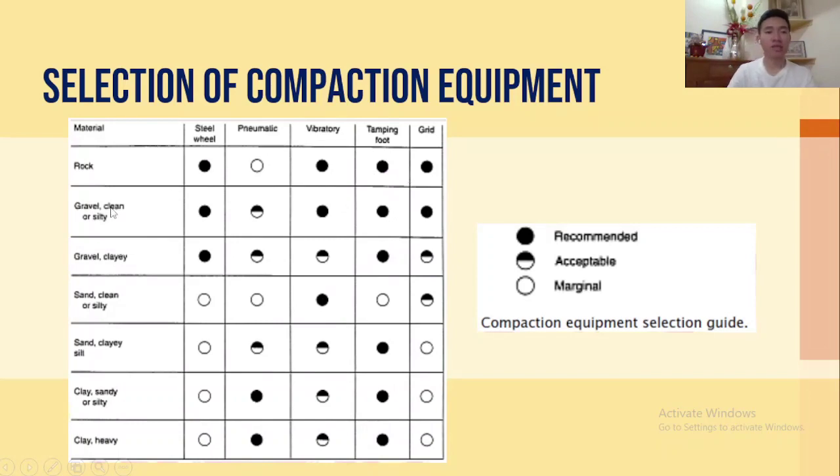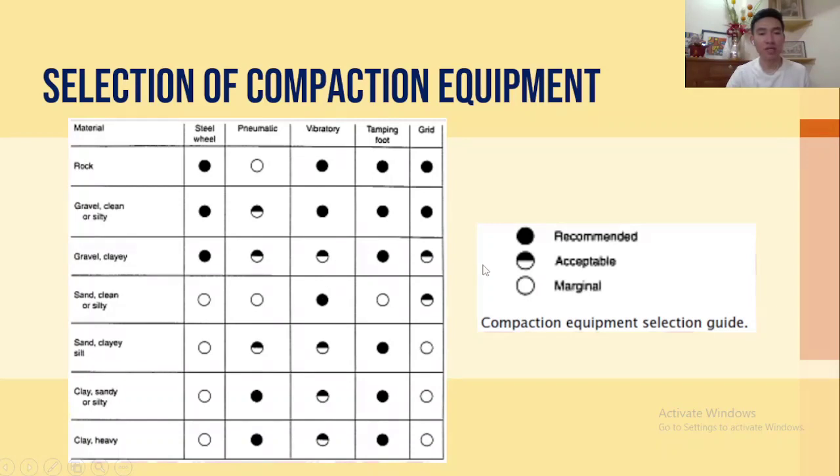For gravel, clean or silty, it is safe to use steel wheel, and it is acceptable to use pneumatic, and it is highly recommended to use vibratory, tamping foot, and grid. And for gravel clay, it is recommended to use steel wheel and tamping foot, and it is acceptable to use pneumatic,